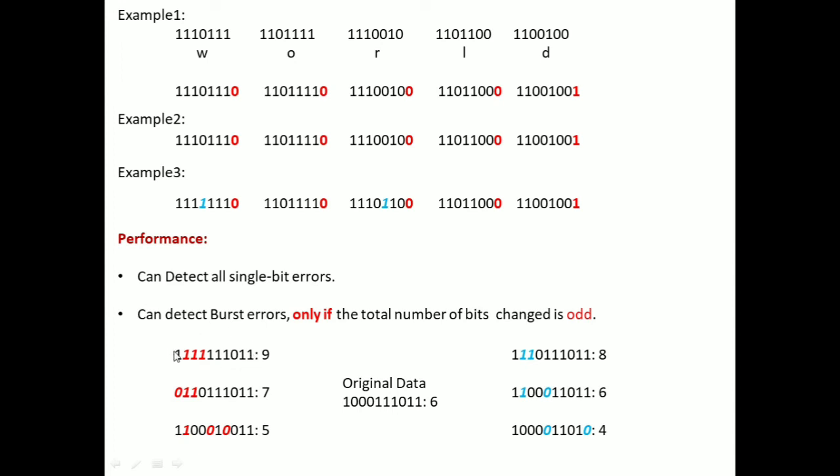So now count the total number of ones here. How many ones? 1 2 3 4 5 6 7 8 and 9. So now we got the total number of ones as 9. We assume that we are following even parity, but at the receiver we got an odd number of ones. So what will this simple parity check algorithm do now? It will simply reject this one. So it is capable of detecting the burst error also, right? Burst error means it is capable of detecting changes in more than one bit. Okay. What burst error and single bit error are, we have discussed in the previous class.